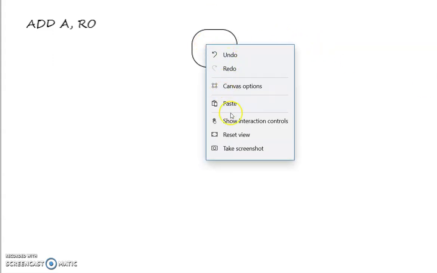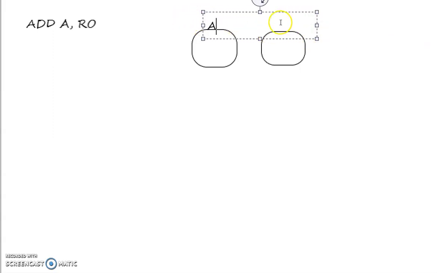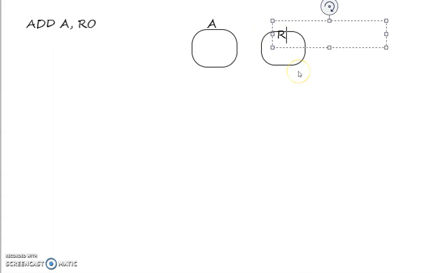We have 2 registers here: register A and register R0.